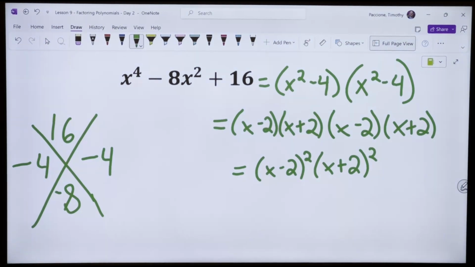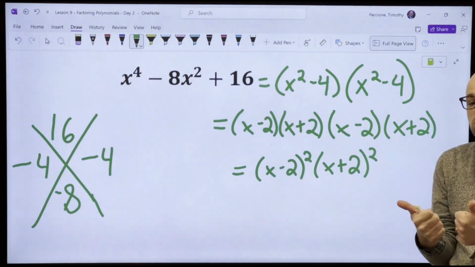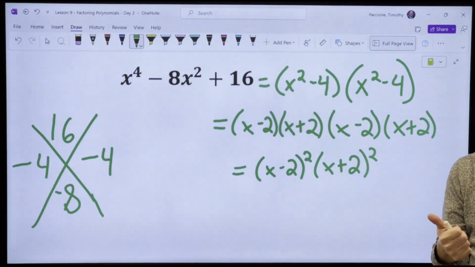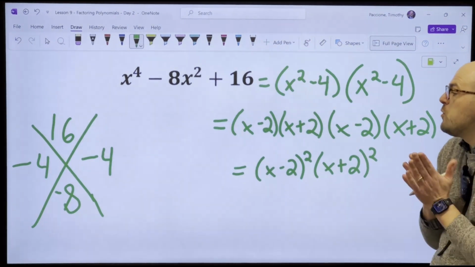So that's quadratic form. That's one method that we got to be able to recognize. If you have a 4-2-C situation, try the magic X, try quadratic form. Okay? Ready for the next one? Okay. So the next one